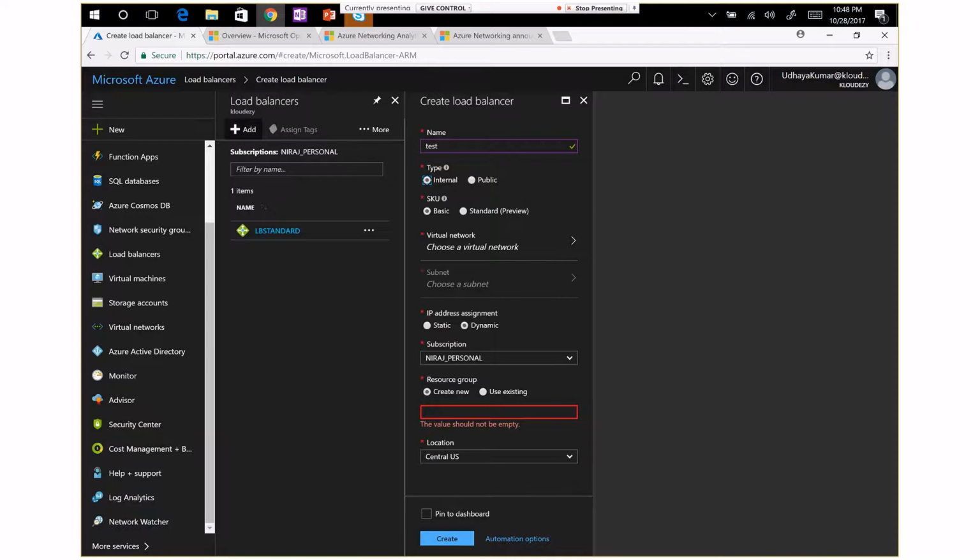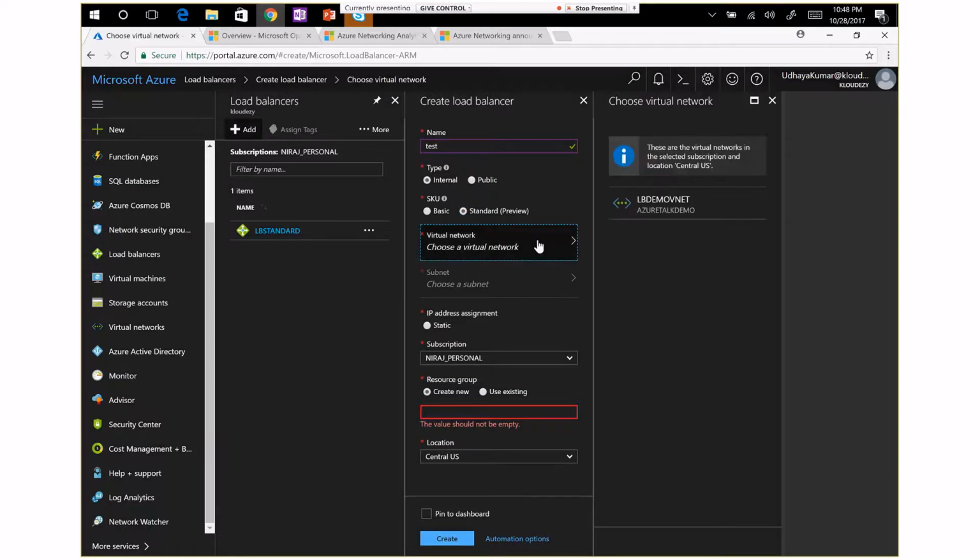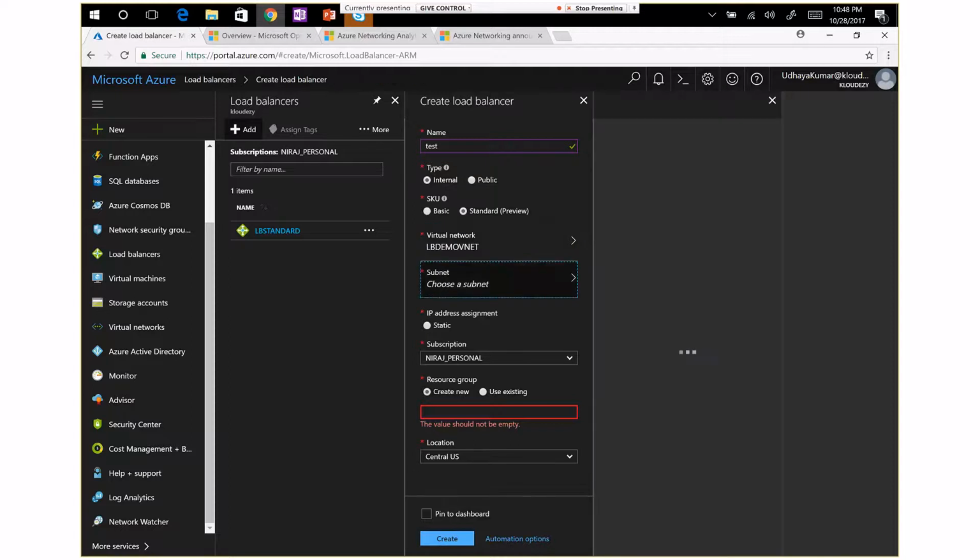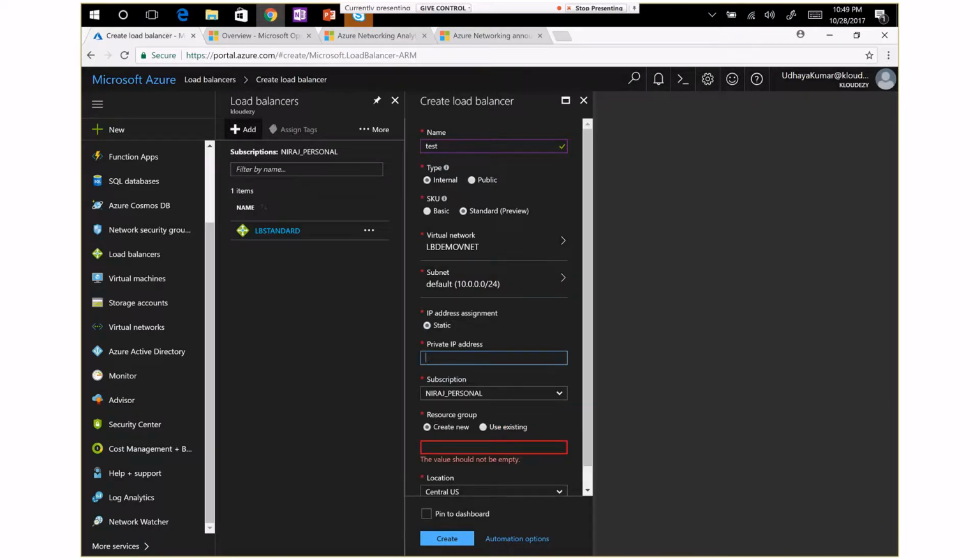So right now I'm going to choose standard, which is in preview and supported in a few regions. I already have the VNet created in the region Central US, which is supported in preview. The subnet where your backend pool VMs are, I just selected, and I'll say static IP. Yeah, I can pick one of the IPs from the segment.